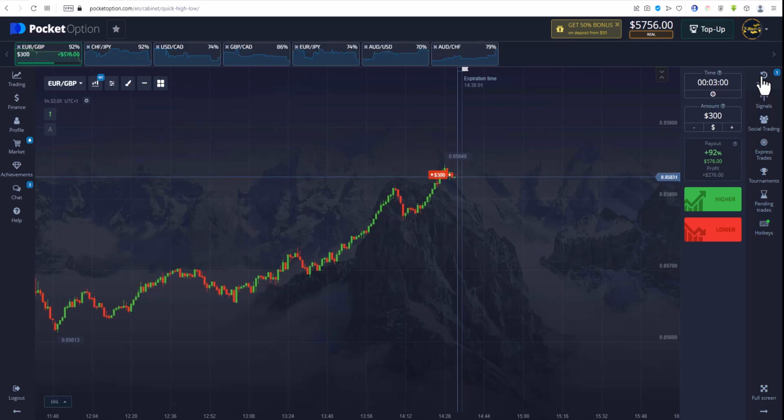So guys, when newcomers ask me how we work in binary options, well, it's something like this. You need to choose an asset like a currency pair, and predict where the price will go and where it will be after a certain period of time. Will it go up? Press the higher button. Will it go down? Press the lower button. The ability to forecast prices is actually studied through something called technical analysis.